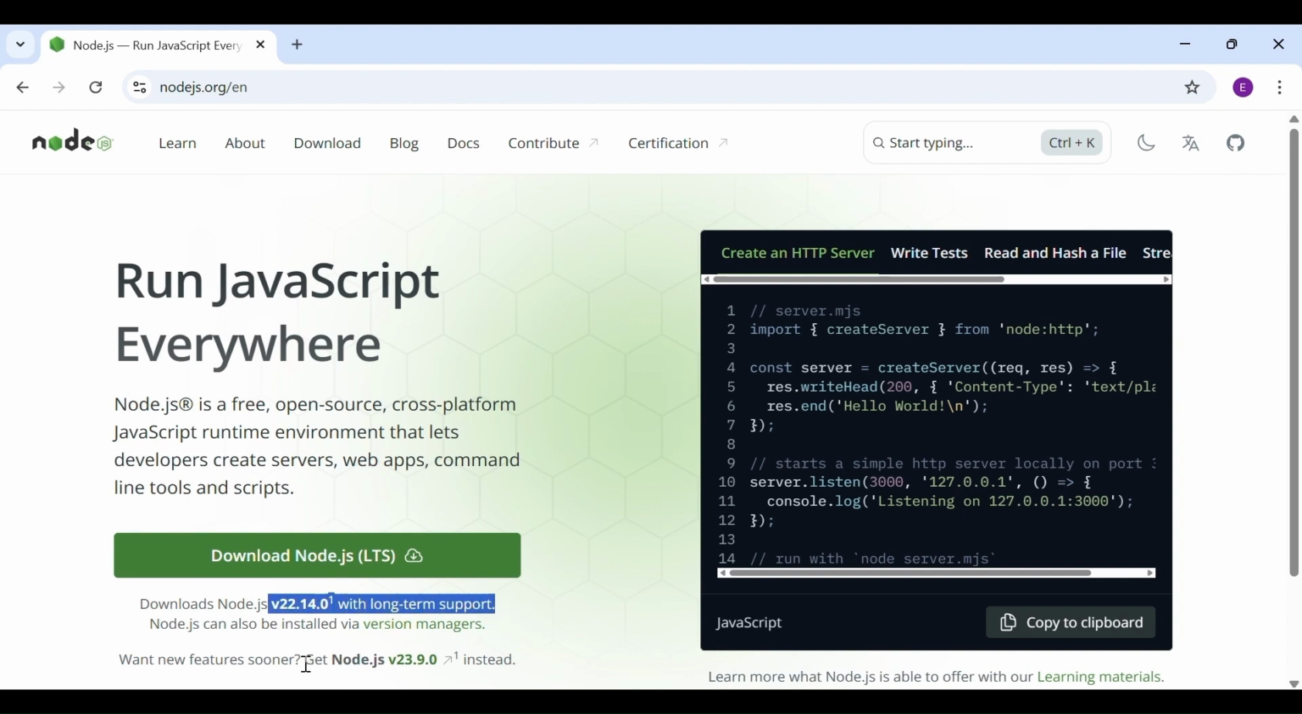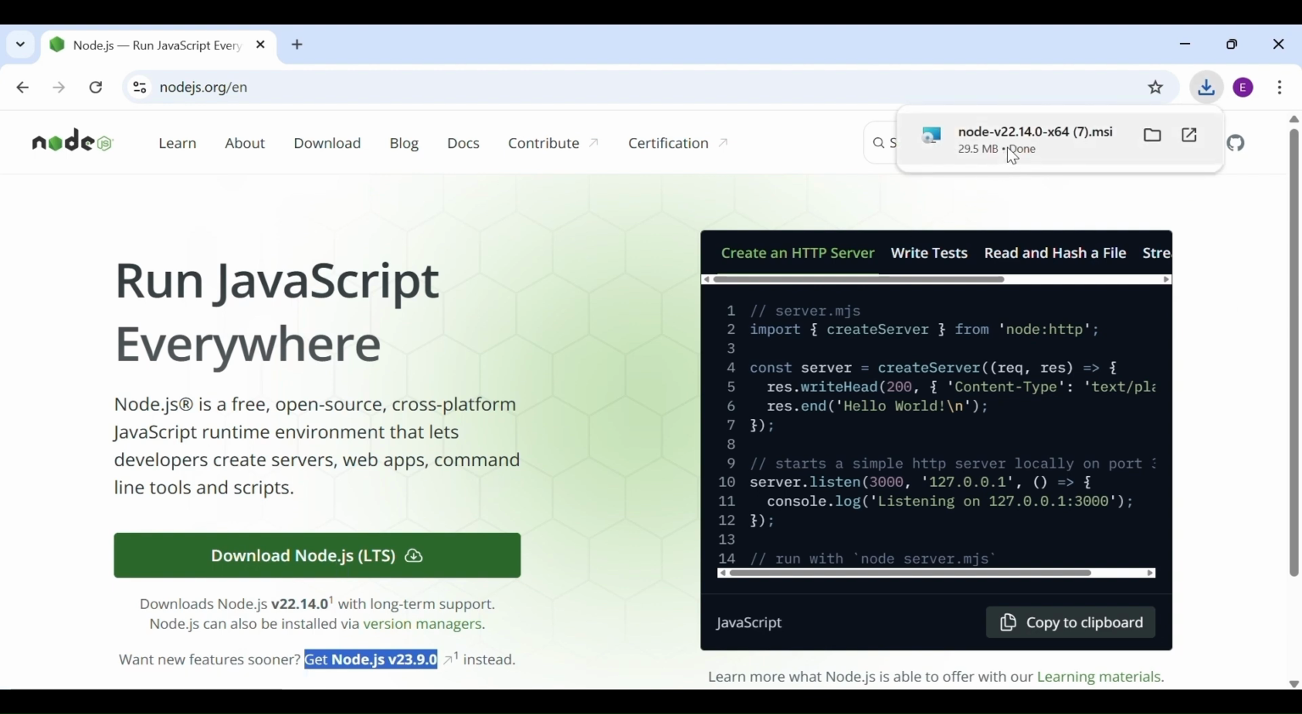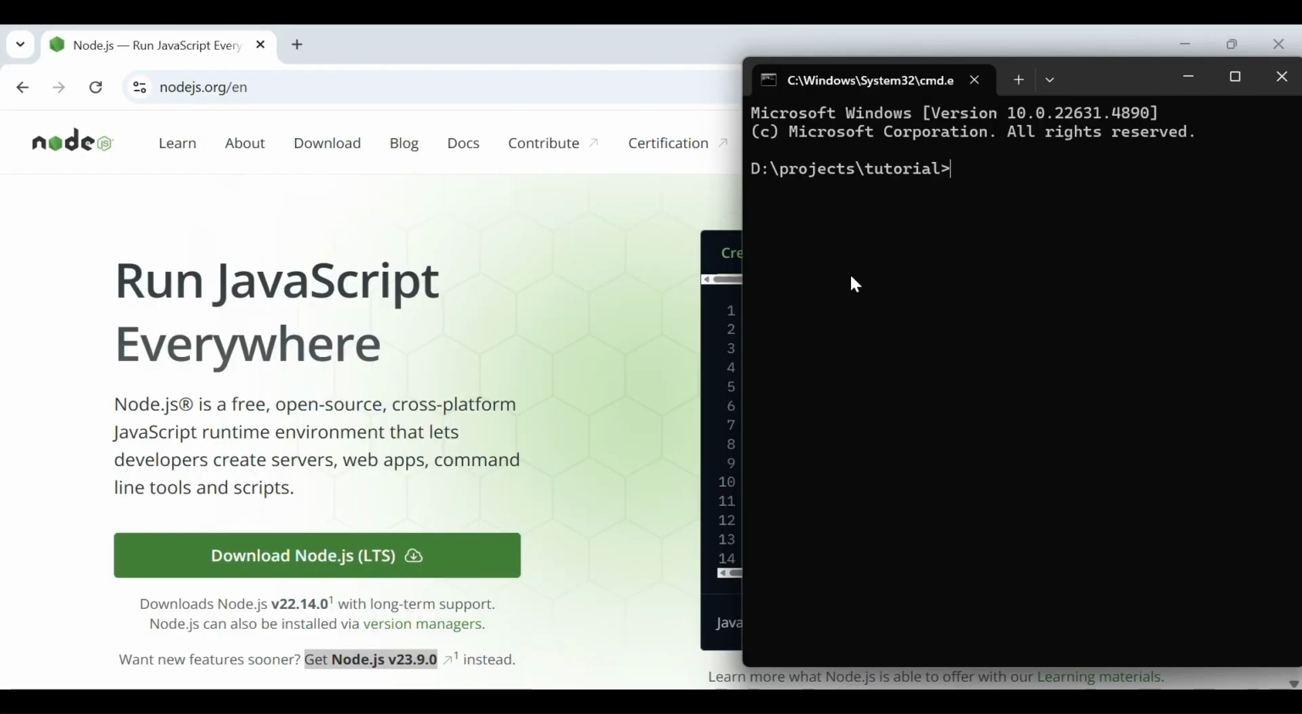Here I can see 22.14 is the latest version with long time support, so I'm going to have this, and just click on it and it will be downloaded. It will guide you to install Node.js, and in my case I have already installed the Node version and I have 22.14 in my local. Yeah, you can see, right, the Node.js version gives 22.14. I have the latest LTS version,